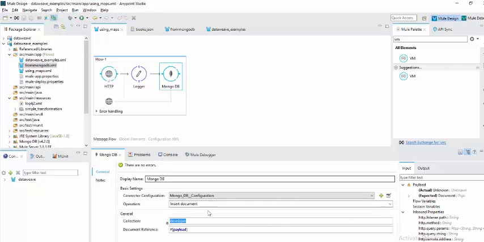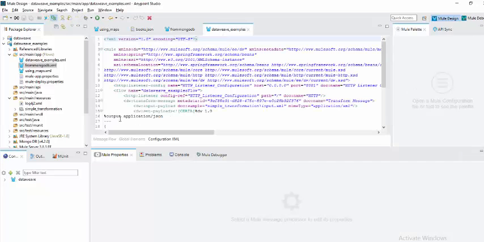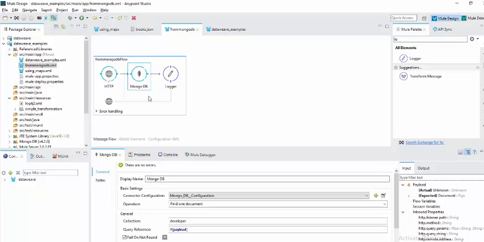This is my flow which saves the document to the MongoDB database, and this is the document. This is the flow which retrieves the collection from the MongoDB database. If you see this configuration, find one document, this is the retrieval part under the developer collection.